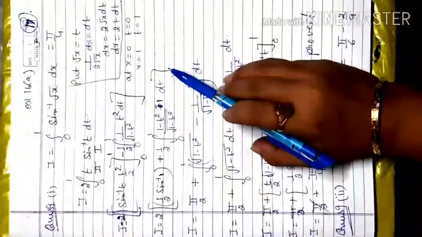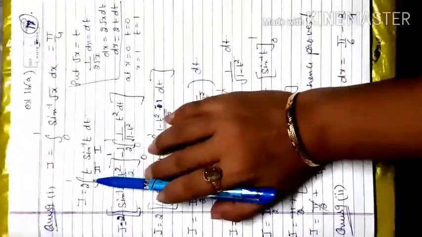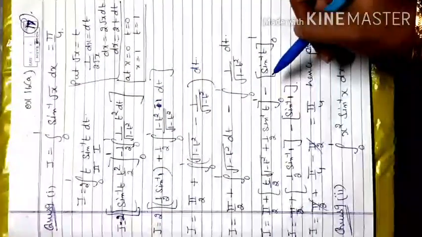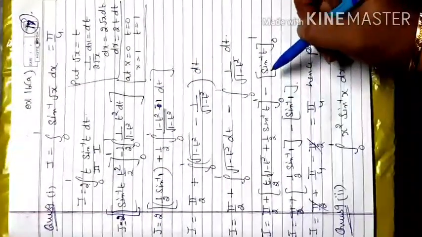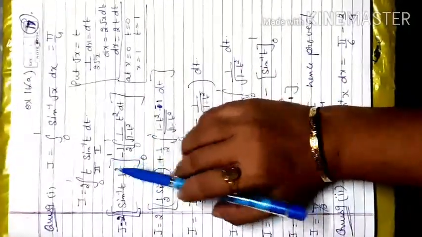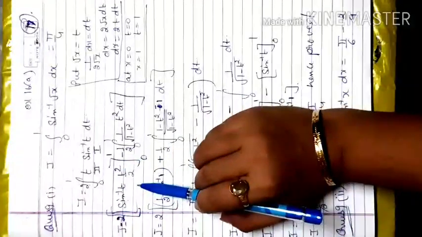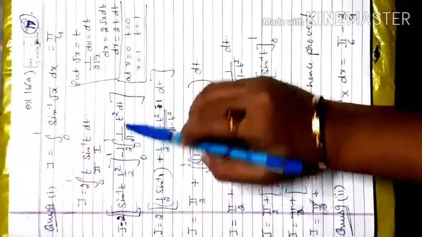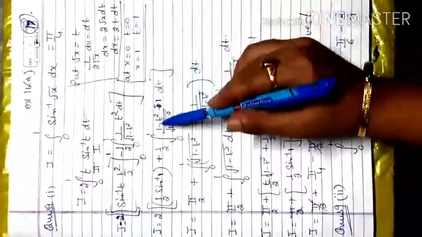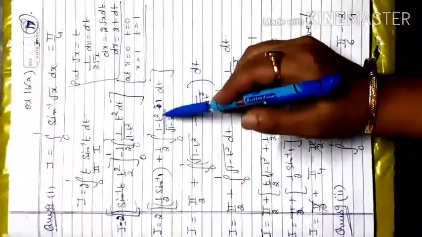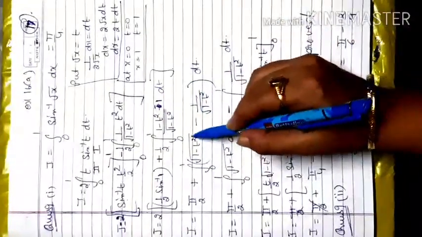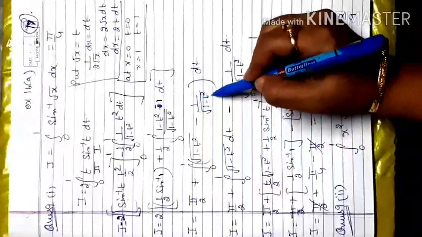Now we go with integration by parts, and the limit will be changed according to that. At x is equal to 0, t is equal to 0. At x is equal to 1, t is equal to 1. So there is no change in the limit. So here, sine inverse t times t square by 2, apply 0 to 1 limit, and the remaining integration is t square by root of 1 minus t square. Try to put the denominator in the numerator, keep the negative sign inside. So 1 minus t square minus 1. When you separate, that becomes root of 1 minus t square and 1 upon root of 1 minus t square.